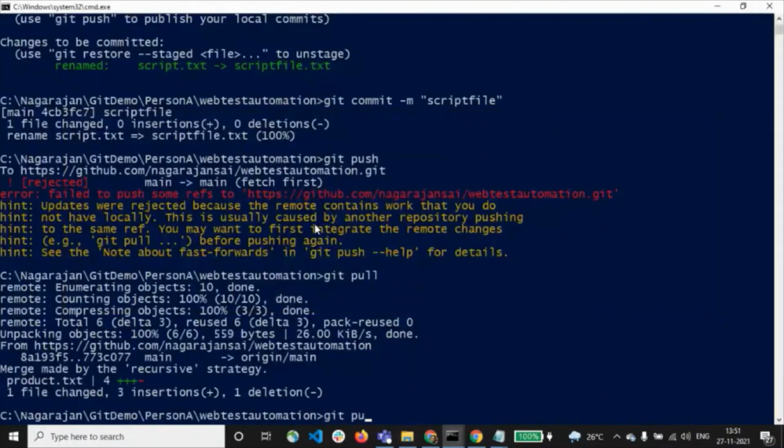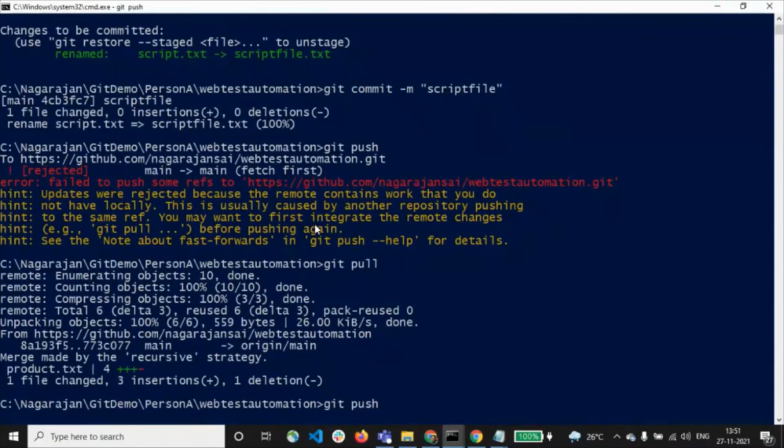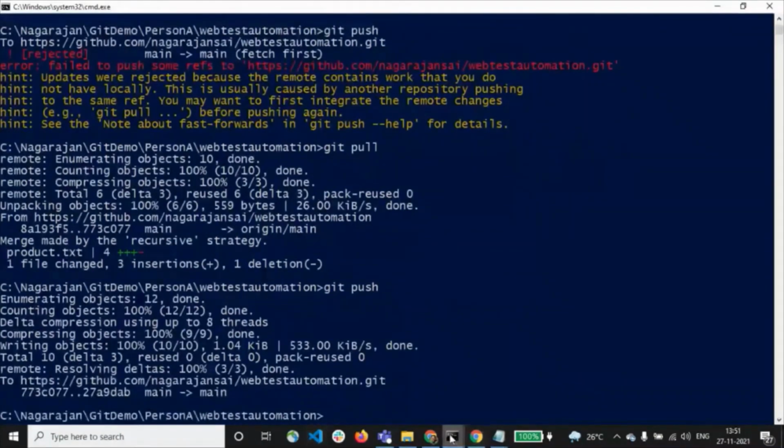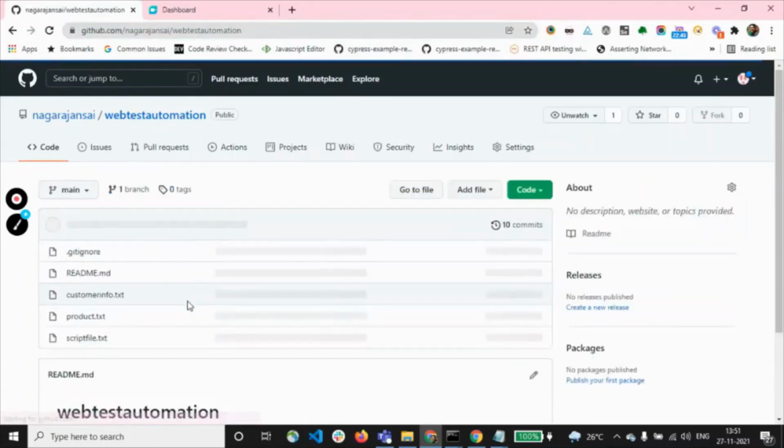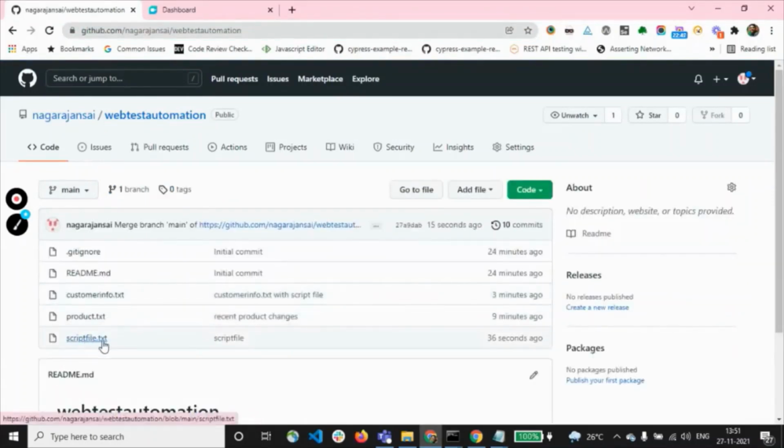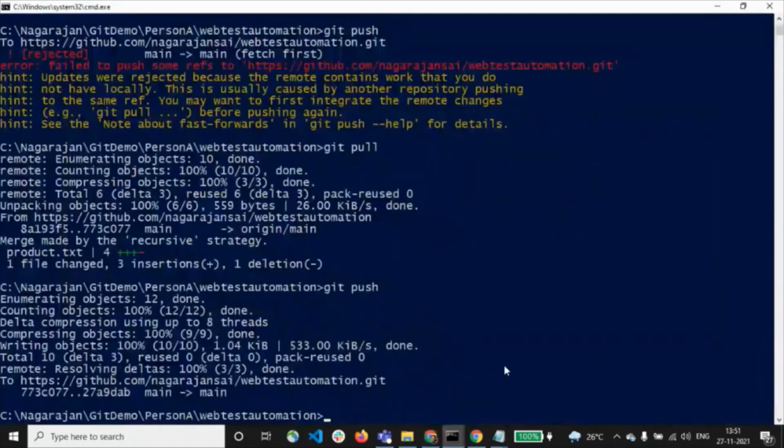Let me put the git push now. Go here, remote repo, and if you click, see the script file.txt has been added here. So that's about git mv. It renames a file.